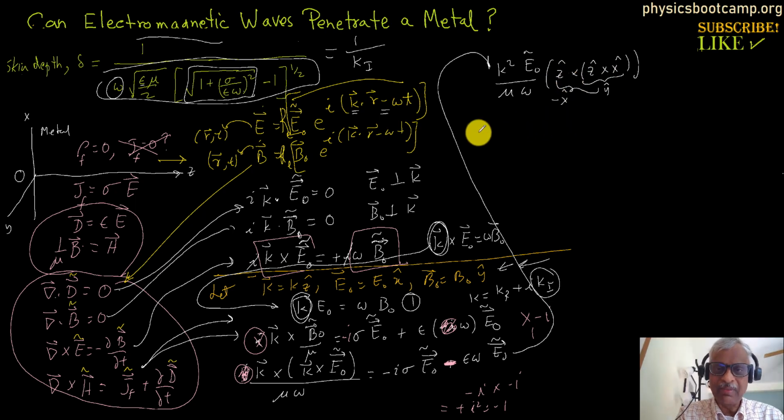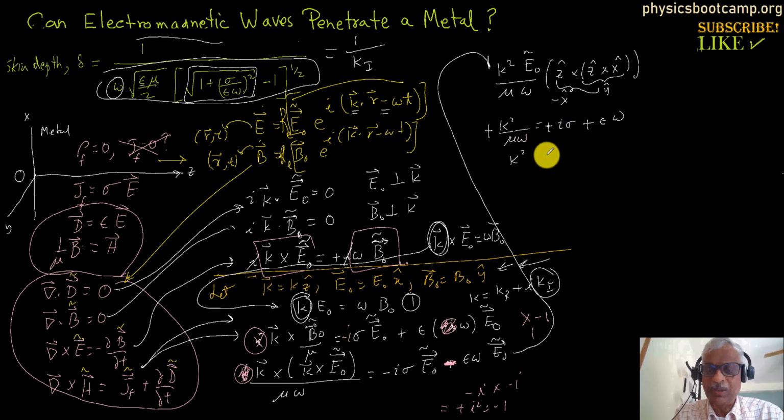So the left side is going to be minus k squared over mu omega, and E0 will cancel from every one of them. It's going to be minus i sigma minus epsilon omega, so plus, so k squared is equal to